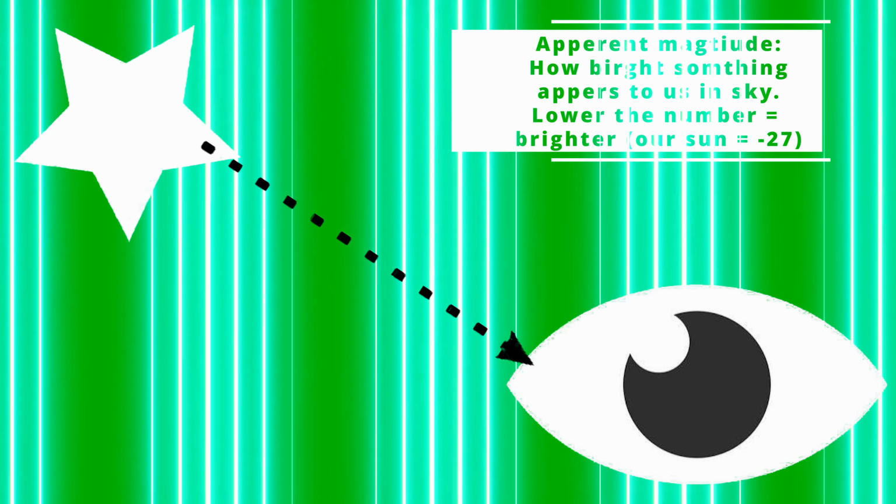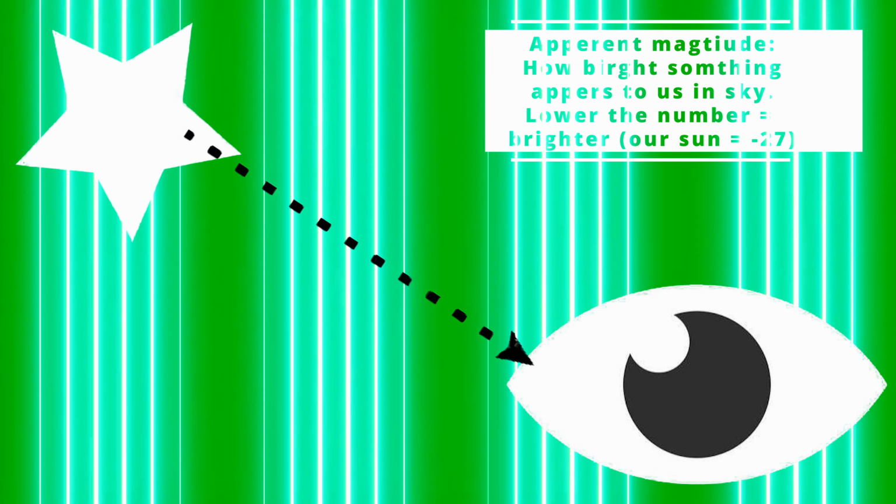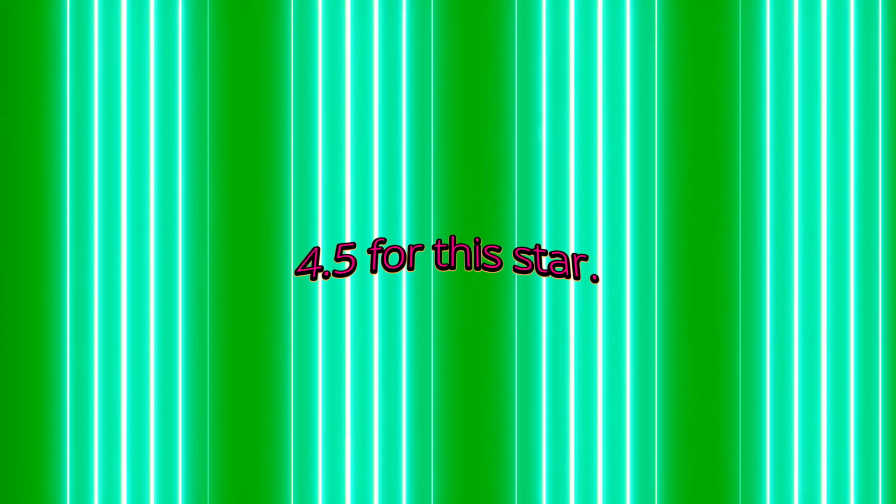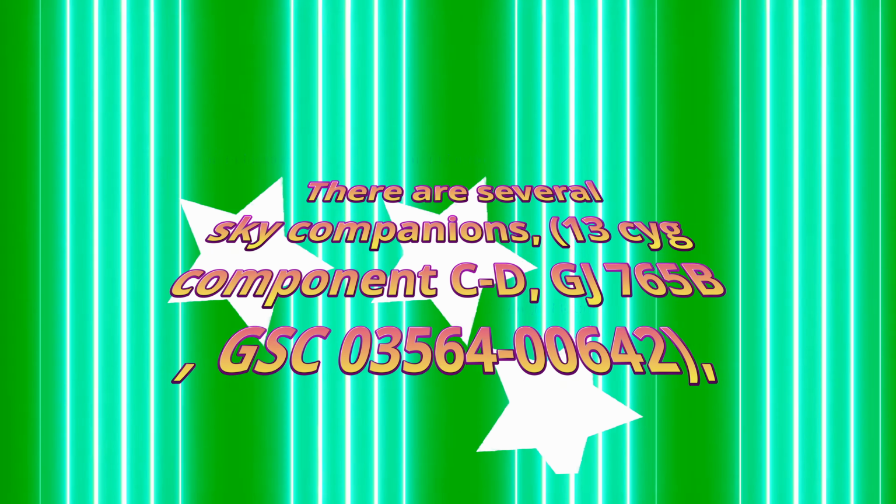The apparent magnitude is how bright something appears to us in the sky, so it's about 4.5 for this star. So it can be seen with the naked eye under a decently dark sky. It might have a planet that's 2.3 times the mass of Jupiter and orbits 13 Sig every 154.5 days. There are also a couple of sky companions that look in the same position as 13 Sig. 13 Sig component C through D,